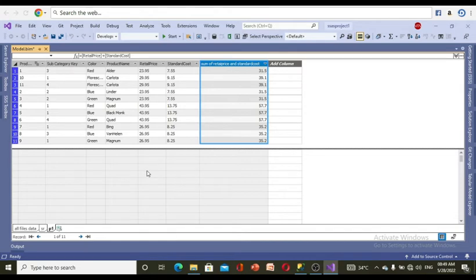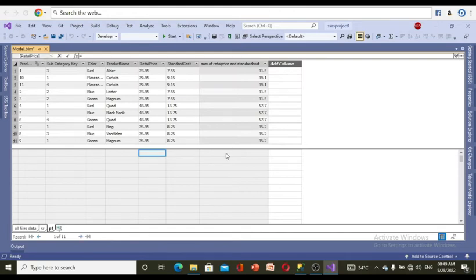If you want the total of these things, I am going to use a measure. That means, for example, wait, I will show you here. If I want to use the total of this one, so equal to, this is the measure I am going to write. Sum